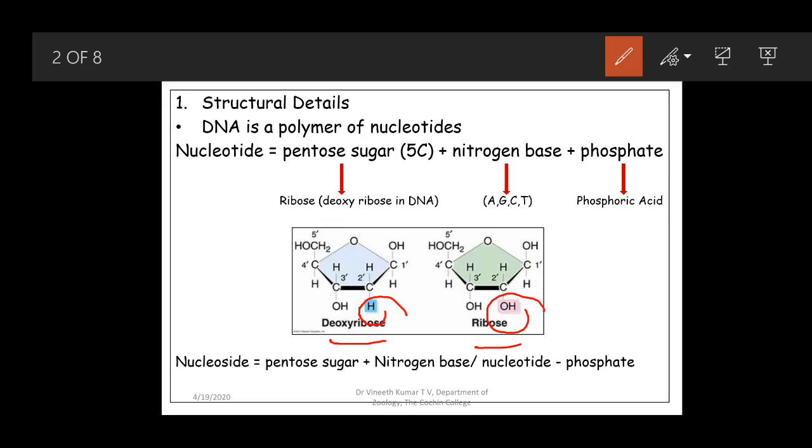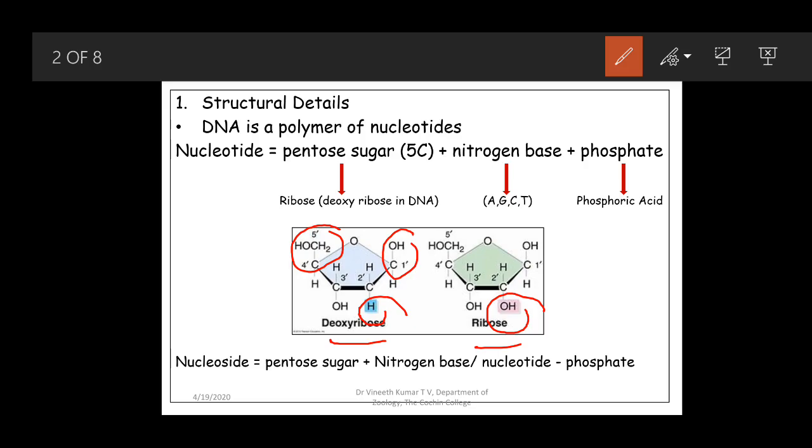So we were discussing the pentose sugar that is present in DNA. As you can see here, the structure of the deoxyribose. It is called deoxyribose because at the 2' carbon of the pentose sugar, the hydroxyl group is replaced by hydrogen. Coming to the other positions which are important in our discussion of DNA structure, there is the C1 hydroxyl group here, and the other one is this 5' carbon, which is marked there.